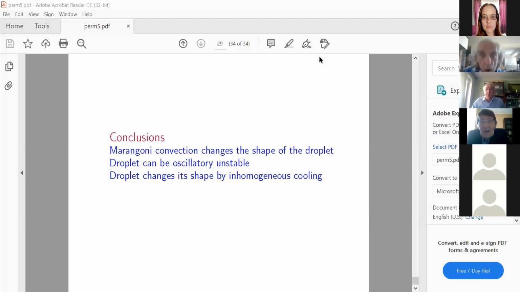Can I ask? I see here a question in chat. Can a droplet disintegrate into several droplets in the problem you are considering? Yes. I didn't show that, but indeed, with the growth of the Marangoni number, we observed first some transitions. These oscillations that I showed are in the very beginning. Then we got some transition oscillations of another kind with a certain hole inside the droplet. And for larger values, we see that the droplet can be disintegrated.